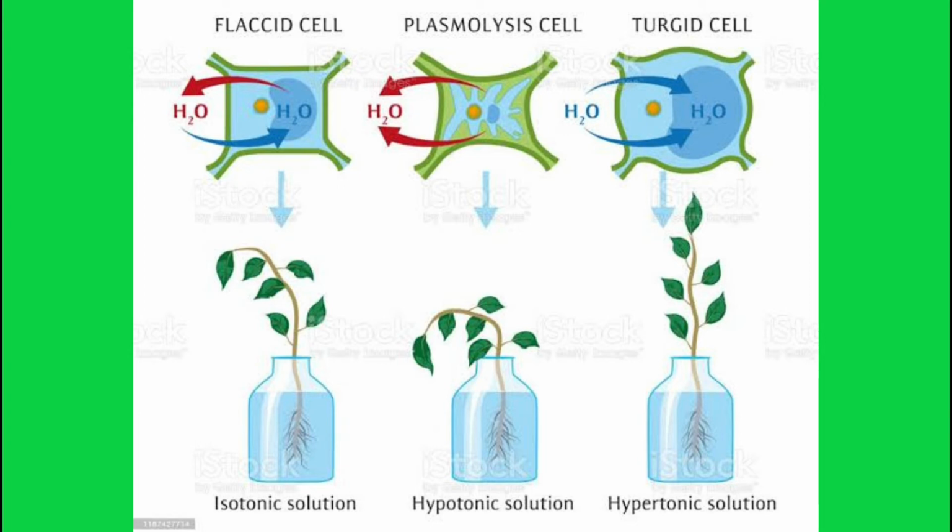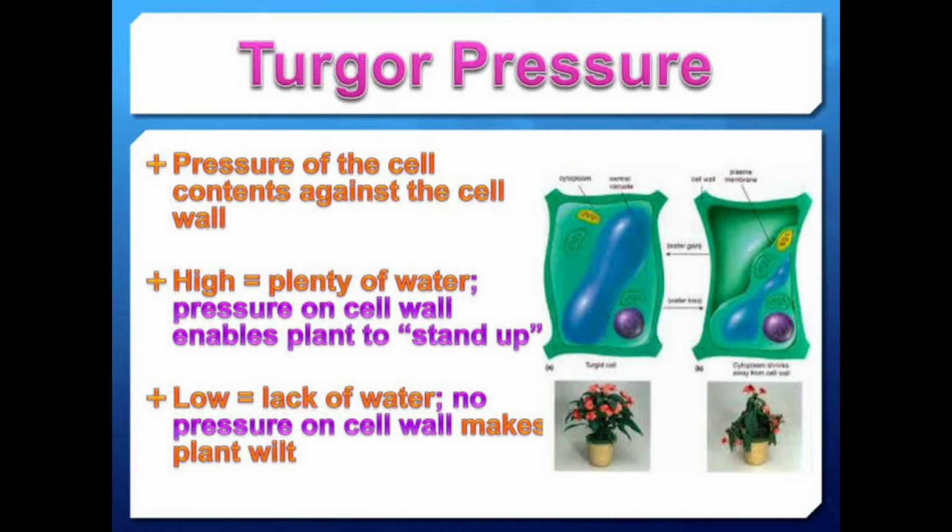Now we move on to another topic called turgor pressure. The process of plasmolysis is usually reversible. You can once again bring the cell back to normal position. When the cells are placed in a hypotonic solution, usually water moves from the surroundings into the cell. That is normally seen. If you keep some kismis in water, kismis means draksha, in Telugu we call it endu draksha, normally they imbibe.